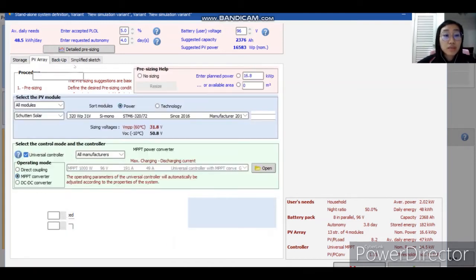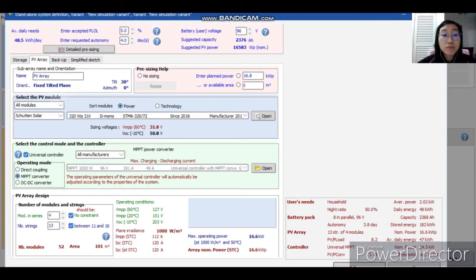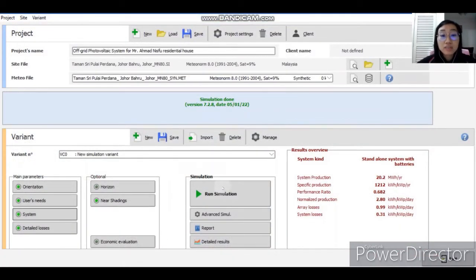And we'll go to the PV array. In this PV array, we are going to set the PV module. We set it to all modules, and we choose the 320 Wp 31 volt for this. And next, we use the control mode and also the controller, which is set to the MPPT converter, and this is the converter that we use. And next we set the number of modules and strings, which is 4 and also 13 for the number of strings. And this is the area, which is 101 square meters for Mr. Ahmad Nifu residential house. Next we can click OK, and next we can run the simulation,